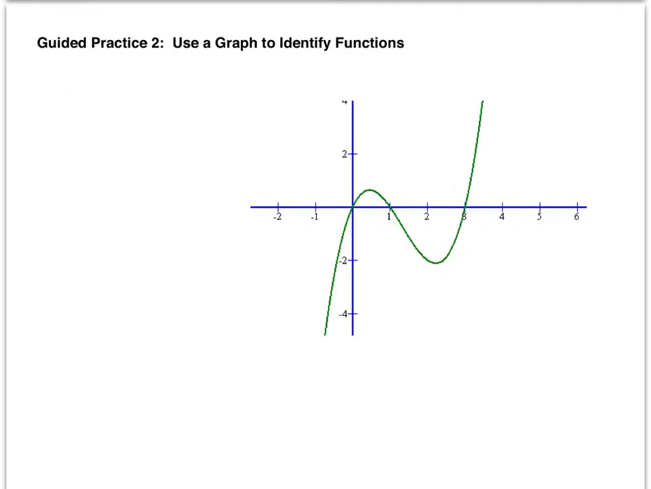Let's look at guided practice 2. Here we're going to use this graph to identify a function. Now, I can't actually show you moving my vertical line across the graph here, but if you were to stop what you're doing, pause this video for just a minute, take a pencil or a straight edge and move it across this graph, you would find that this is a function